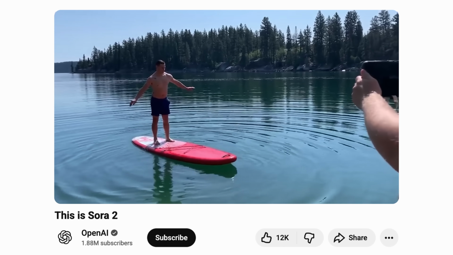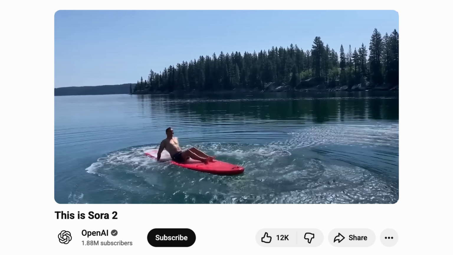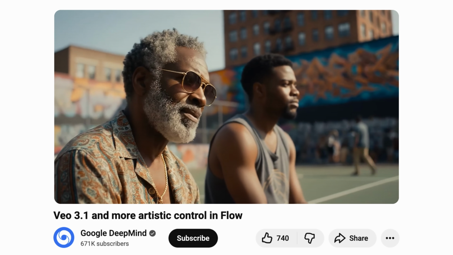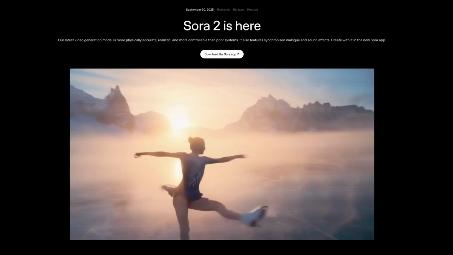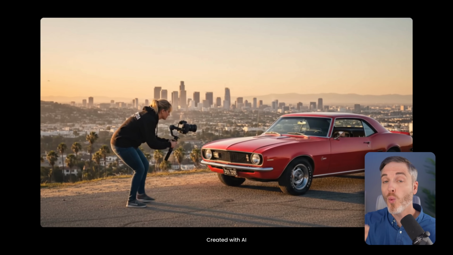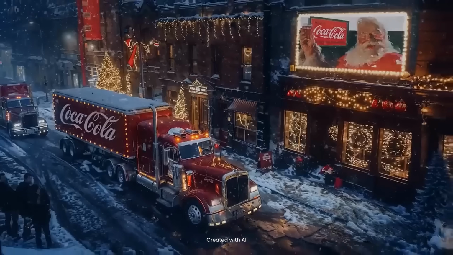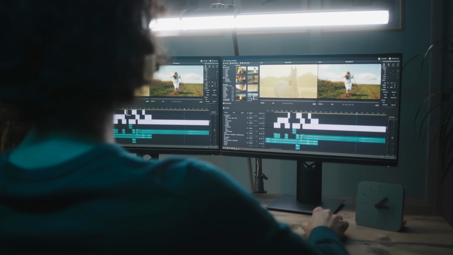So by now you've probably seen clips all over social media from OpenAI's brand new video generator Sora 2 or Google Veo's 3.1. But here's the thing, Sora 2 still has very limited access to the public, but I'm gonna show you how you can create full-length videos watermark-free with this tool. This means the same AI engines used by Hollywood-level studios are now available to you, no editing, no film crew,